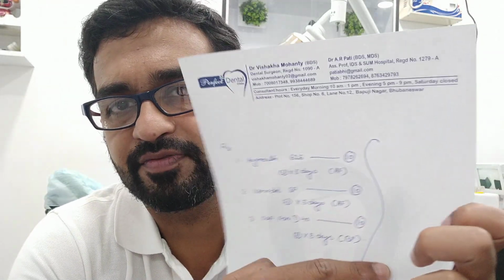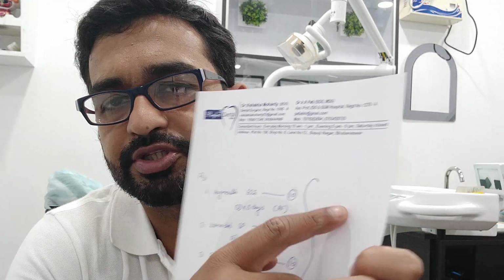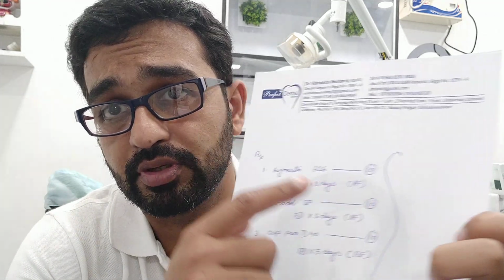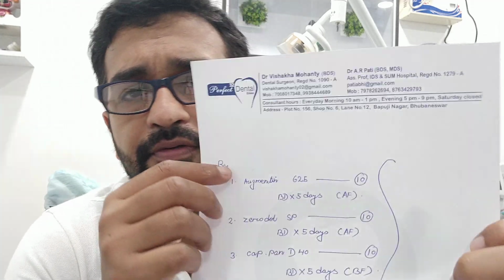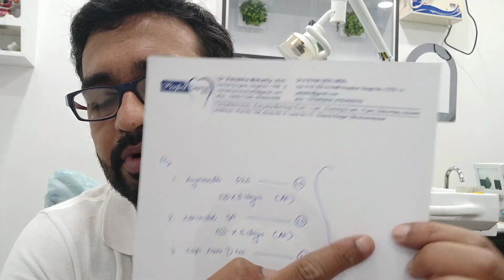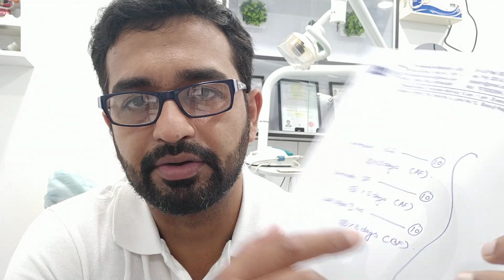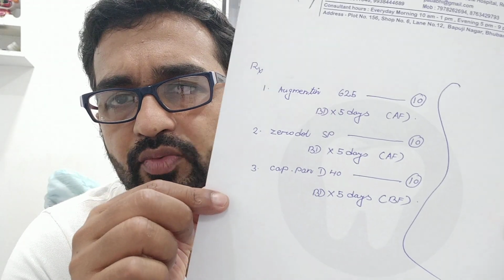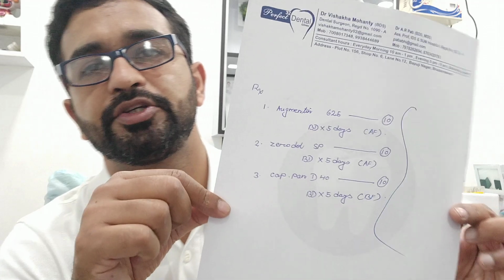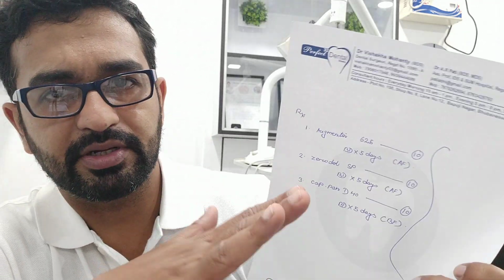And here is a place for the examination. On examination, suppose there is tenderness on percussion in any tooth, like 36 or 46. You have to write dental caries with tenderness on percussion in that particular tooth. Then you have to write the diagnosis. This is the way you should write. It should be very neat and clean, not haphazard.